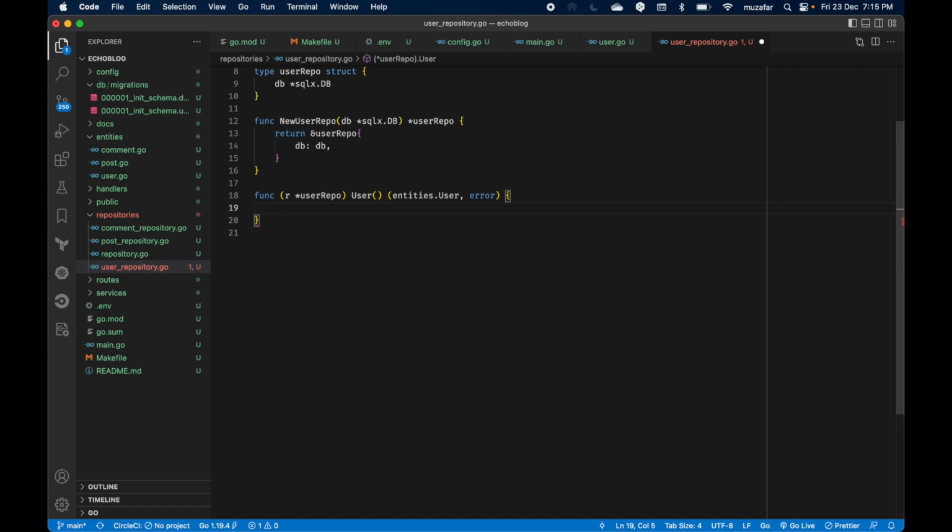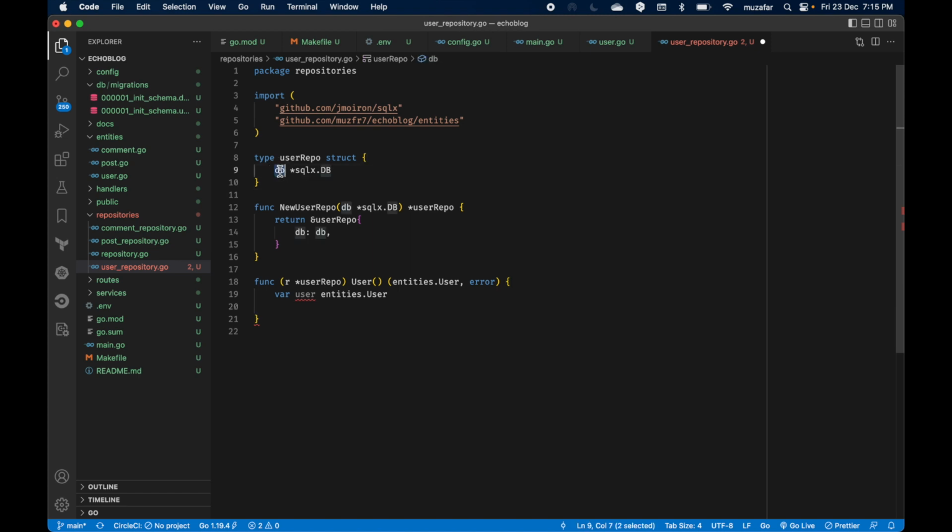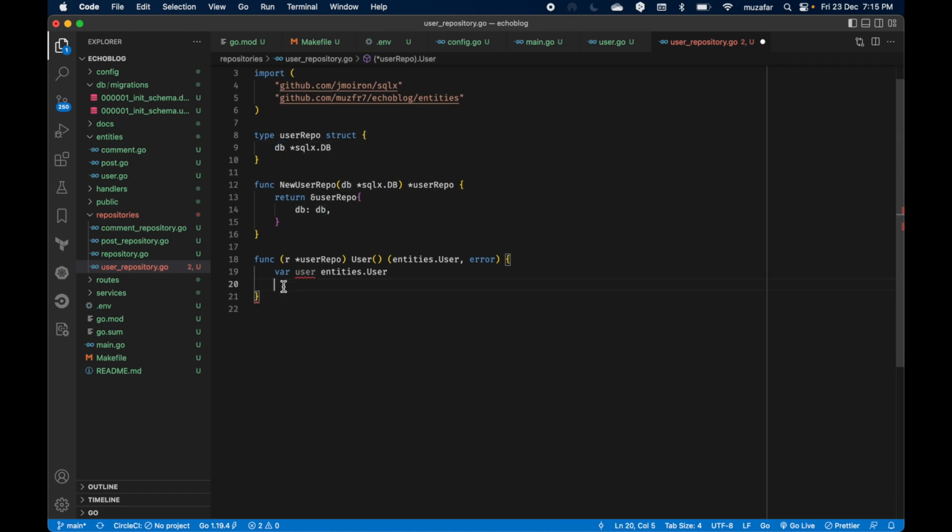So before we query, we need to create a new user variable of type entities.user, and the SQL query will basically populate this with a user from the database, right? So we can see we have db here, and we can access it from r.db, and from db we can access this method called get,